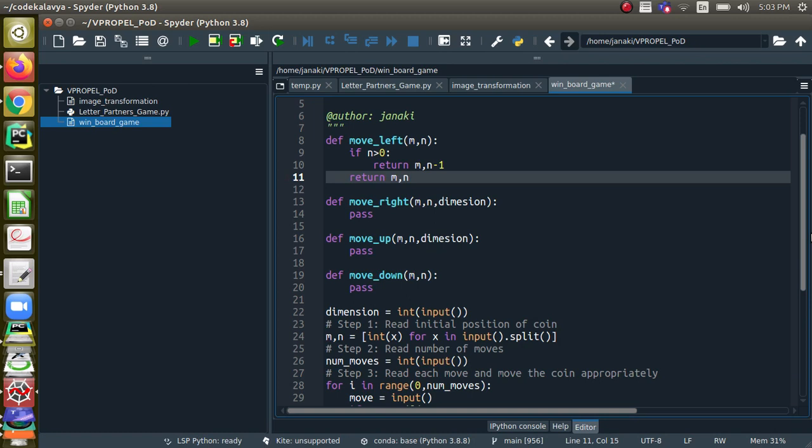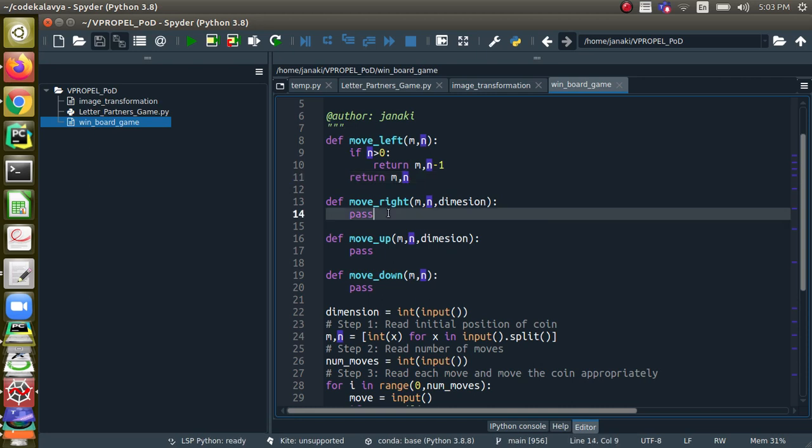Since it's a return, we need not give an else. What we can understand is if this condition is satisfied, then this return would have worked out, right? So the control would have gone to the place where the function call was made. If this line is getting executed, then it's else only, right?